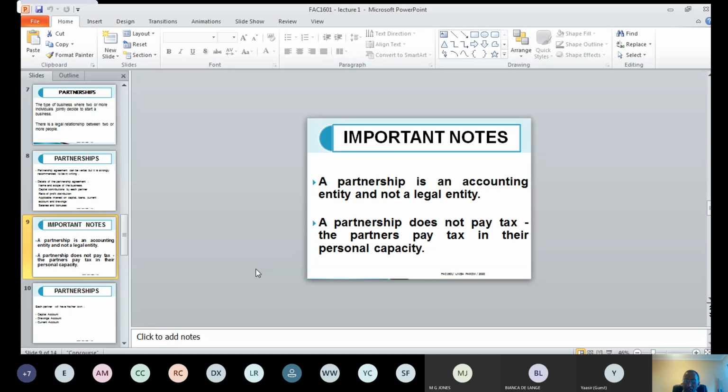We do get that with doctors, because you will know, sometimes you want to see a particular doctor, and they tell you that that doctor is only at that practice on a Monday and perhaps on a Wednesday. Other days he is at other practices. So if we now want to calculate the tax that that doctor, that partner, must pay, we must take a look at the income that he will get from all these other activities, and that will be his taxable income. Based on that, he will be taxed. But the business in itself, the partnership, is not paying tax at all.